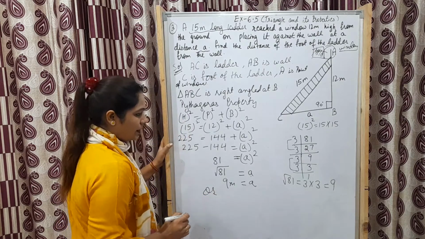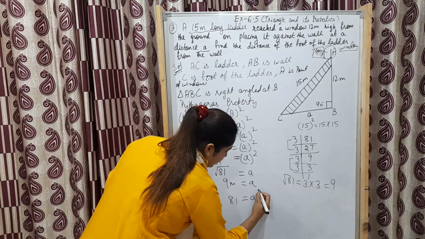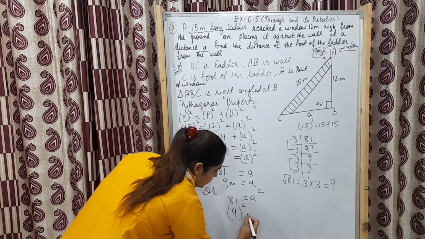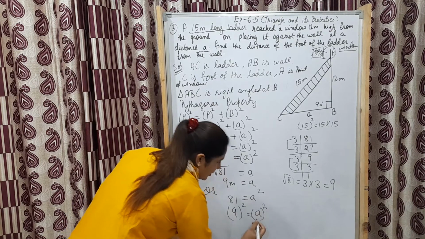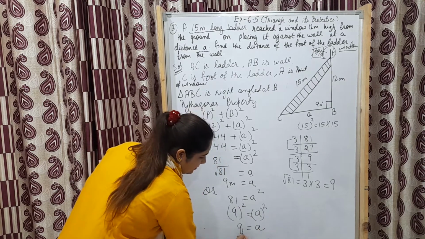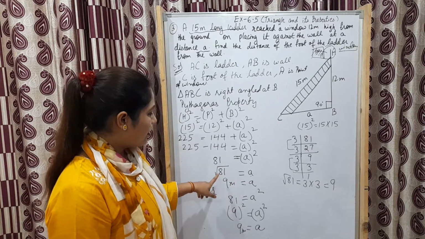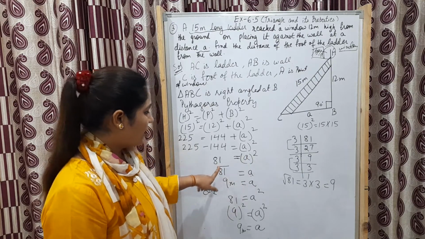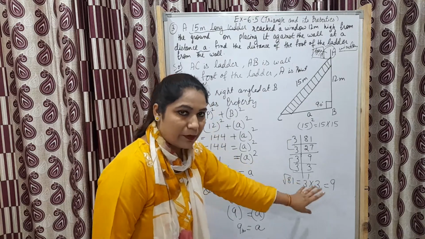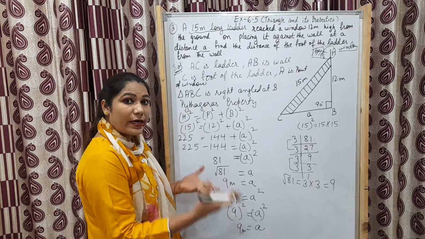I will show you another method also. A square equals 81. Now 81 means 9 raised to power 2, A raised to power 2. The 2 will cancel. So the value of A is 9 meter. So I told you about two methods. One method where you find the square root. Square, when it goes to the other side, becomes square root. The number which comes 2 times, you will write 1 time. Then multiply it. Another method, you find that it is the square of what number?